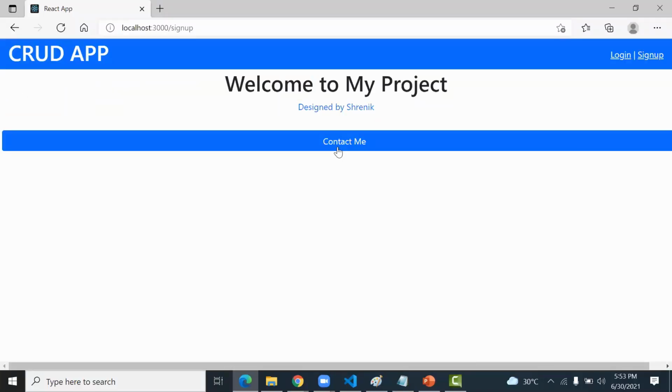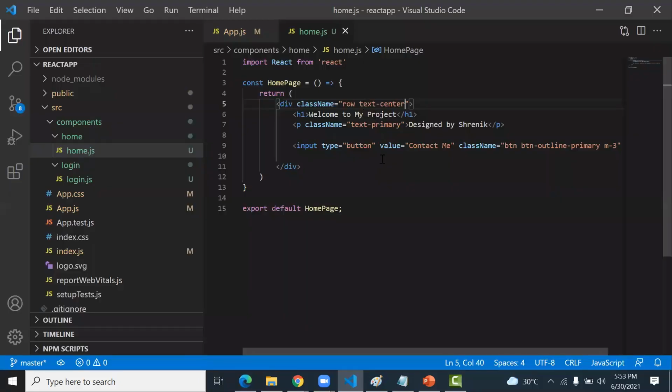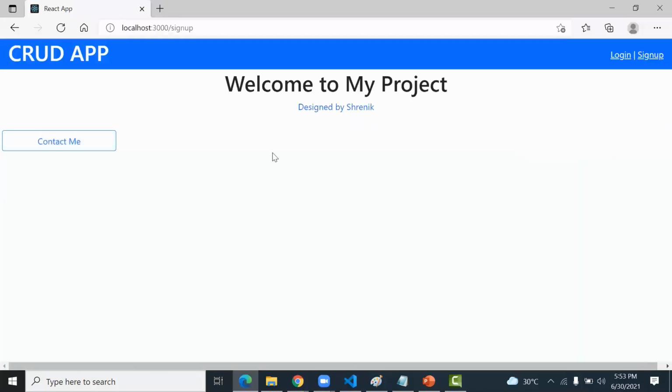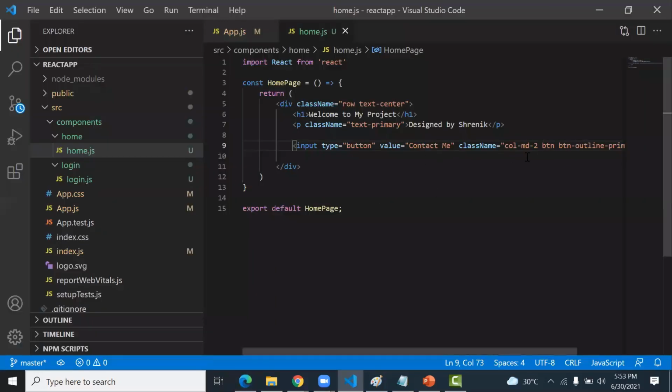Yes, it's now in the center. For the button I must write one more class. It is col-md-2. Contact me. Okay. So even this I want in the center.